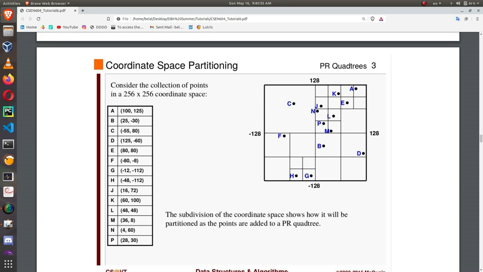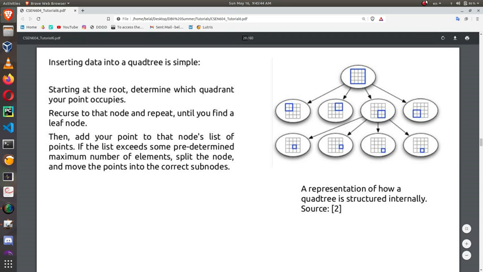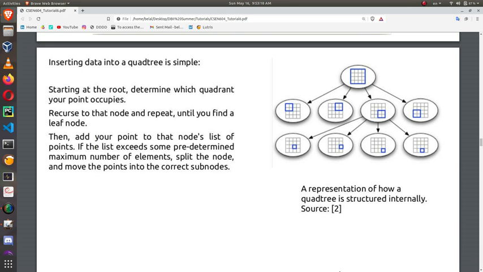Okay, nice and easy. Now let's take a look at how to insert a point inside a quad tree